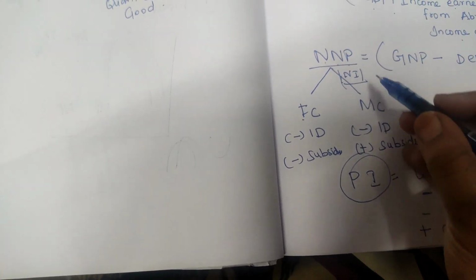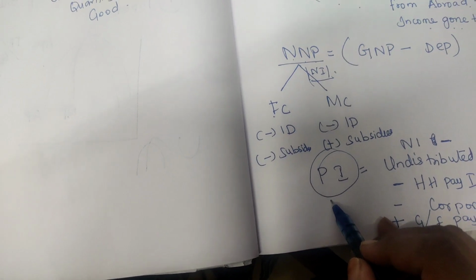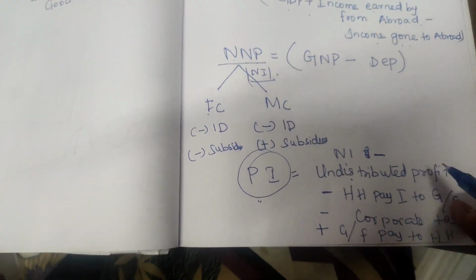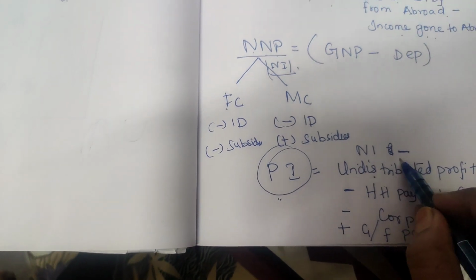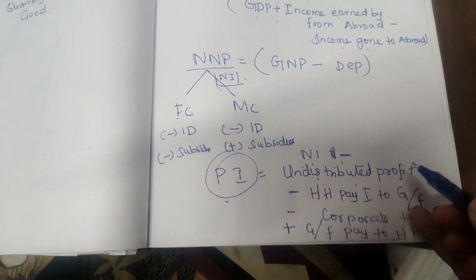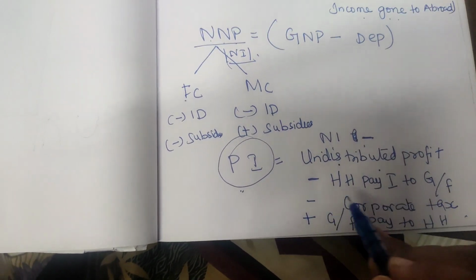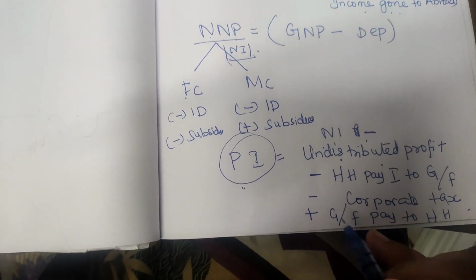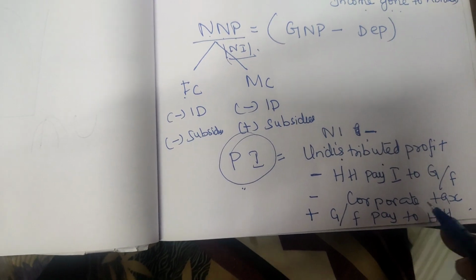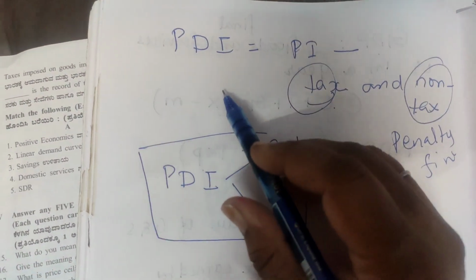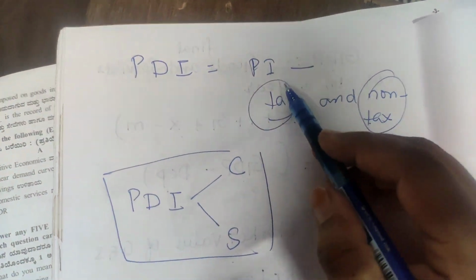So now after national income we'll calculate personal income. From national income we will remove undistributed profit, and then we'll remove households paying interest to government and firms, minus corporate tax, plus government and firms paying interest to households, that we will add. And after calculating personal income, we'll calculate personal disposable income, which is personal income minus